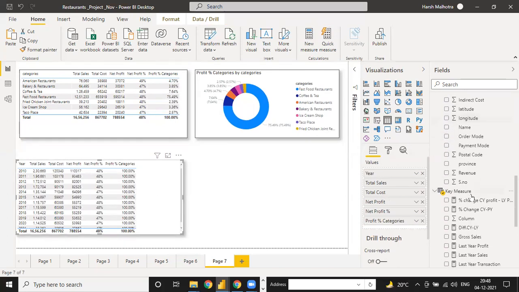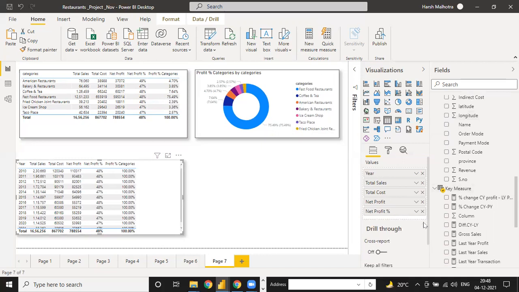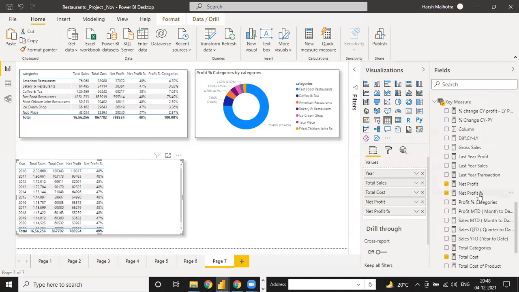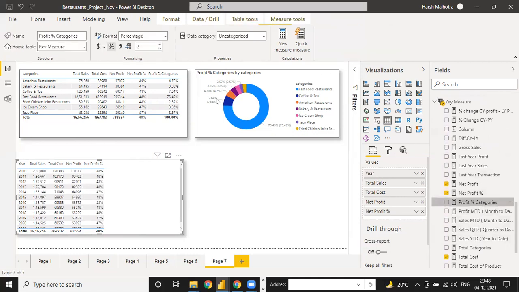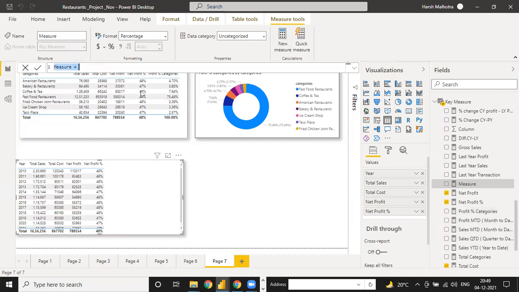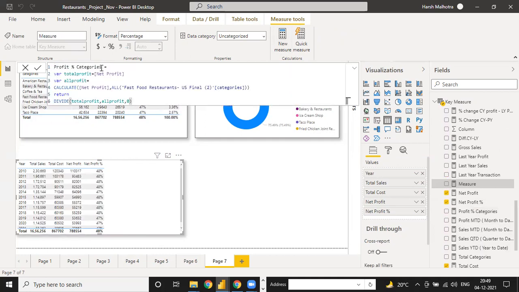So I am going to hide this one, and where is this profit percentage by category? You just have to copy this function, new measure, and just paste it. Instead of category, you can change here to profit percentage by year.